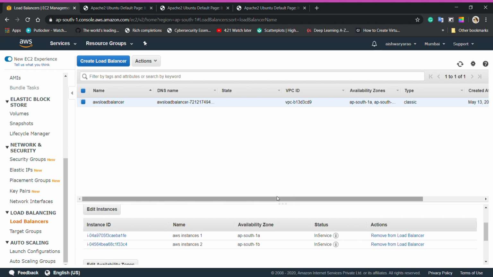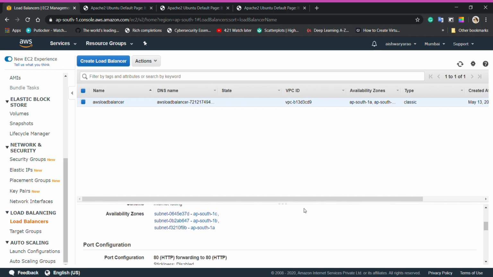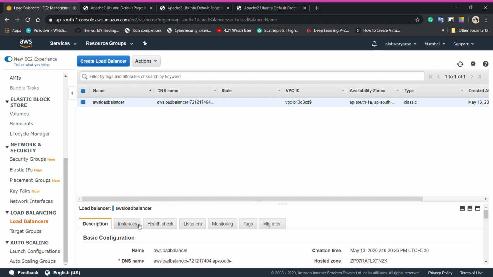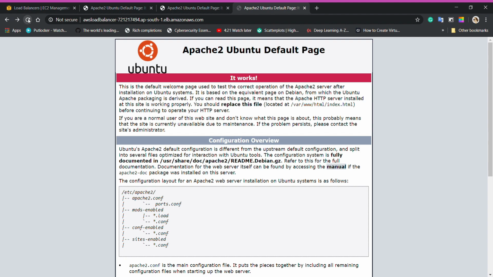And in load balancer, the status still says in service. It might take some time to say out of service for AWS instance 1. I'll go to description, and now it says one of two instances in service. So that means the status might have changed to out of service. Let me check. In instances, it says out of service. Go back to browser and click on refresh.